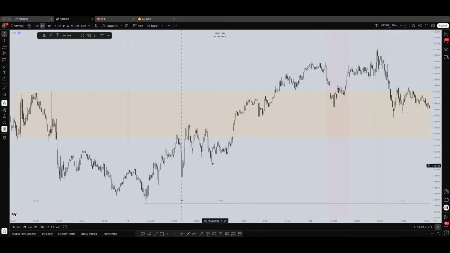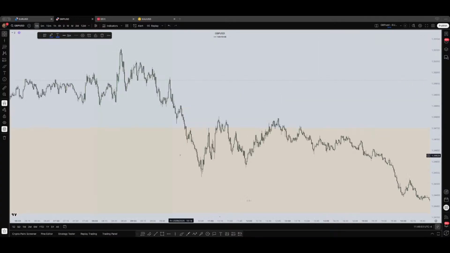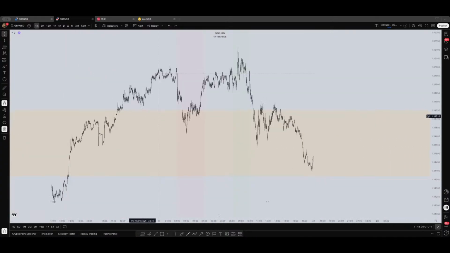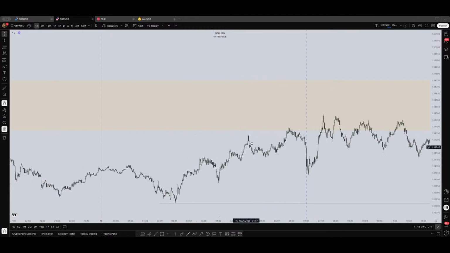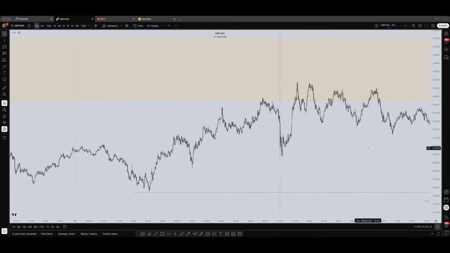So you see, this huge drop was 7. Where is this? So here. That drop was